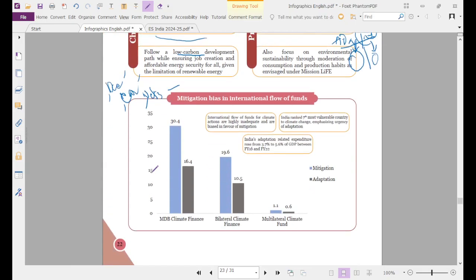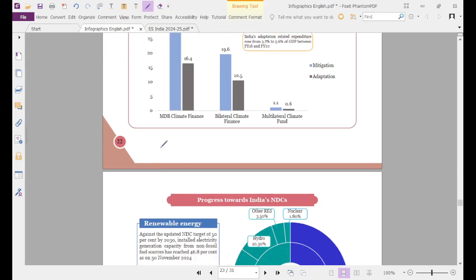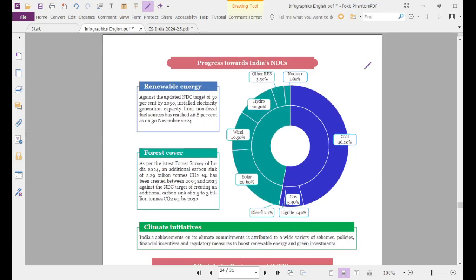Mitigation, bias in inflation, flow of funds. So all this is being talked about. We just talked about mitigation and adaptation, and that is being talked about anyway. So another quick thing is about the